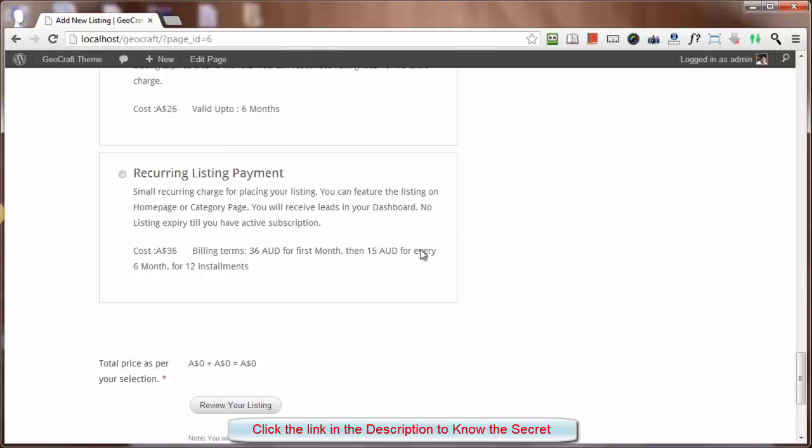In the recurring listing periods, a small recurring charge for placing your listing is placed. You can feature the listing on the home page or on the category page, and you will receive all the